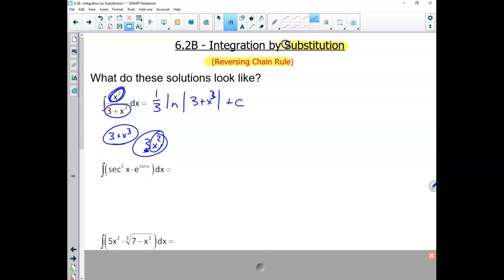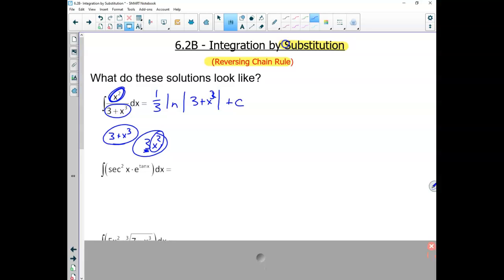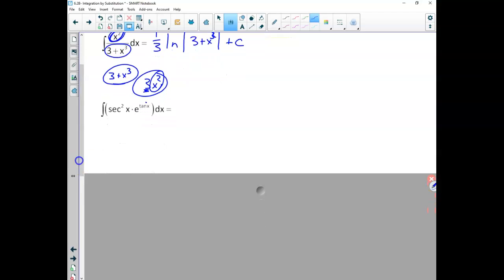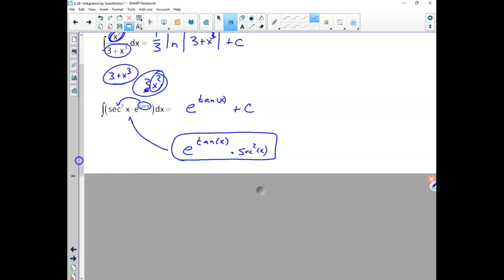And then as we're moving along to our next one here. And you're like, really? Yeah, this one's not too bad because I can see the derivative of tangent is secant squared. So my antiderivative of the secant squared x times e to the tangent x, well, that's going to be e to the tangent x plus c, and we are always checking that e to the tangent x times the derivative of the tangent is the secant squared x. We are always coming along and yep, okay, we matched what we had,